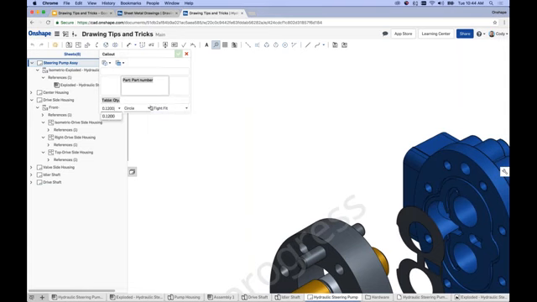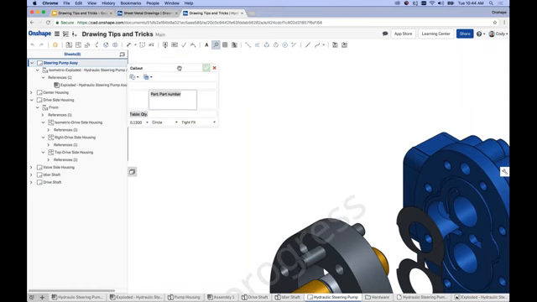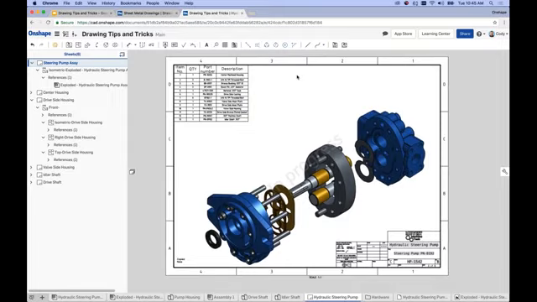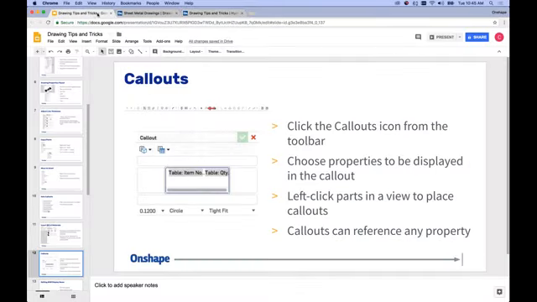And you can set font size and so on. But an important thing to stress, the next step after you've entered that bill of materials: now I need to have balloons, balloons linked to the item number, or balloons linked to the part properties, or what I get asked most often, right? All right, so that is callouts, and they could reference any property, and you can build combinations